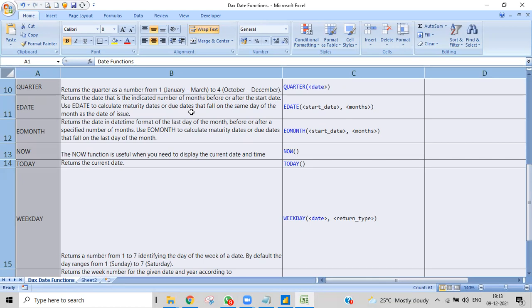Like, an LIC policy will have maturity dates, like a policy that matures after 6 months. This is the kind of thing we do in real time. So in those cases we use it, though not only in those cases; that is one example, and you can do a lot of things. Let me first give you an example so you can understand what exactly it is.